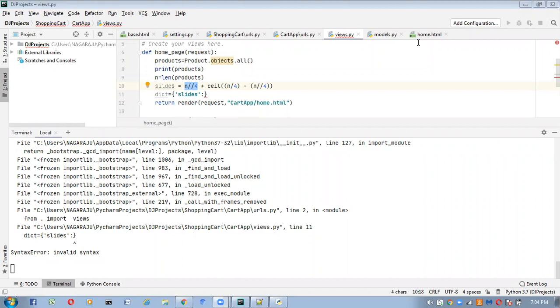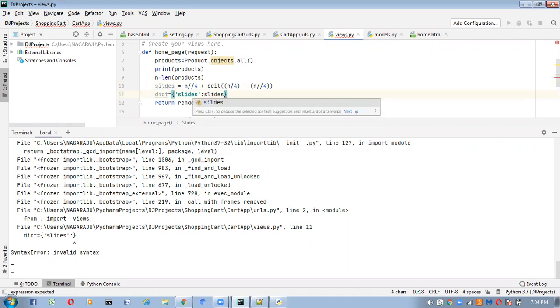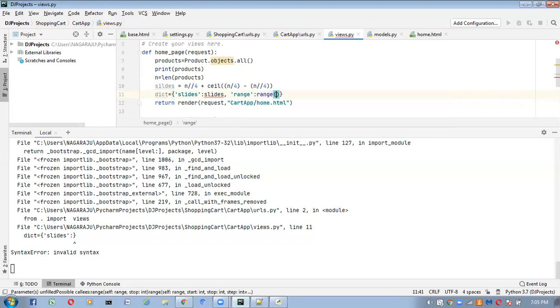Next, what I want to write here: slides are also ready. I want to take slides like this, comma. Next, what we have to take inside the dictionary: I will take one range also. Range of 1 comma slides.